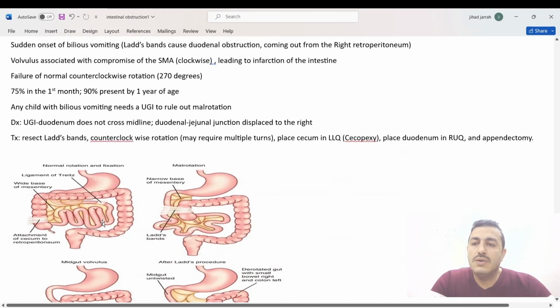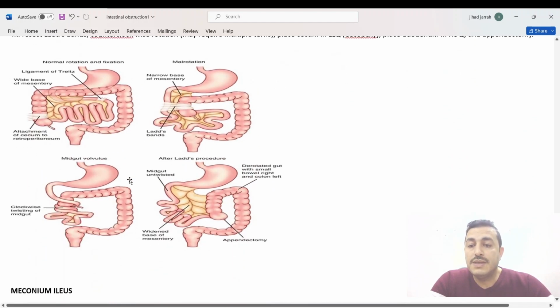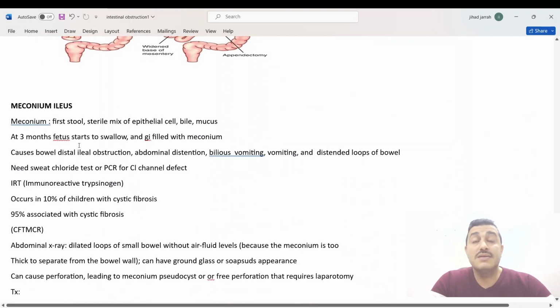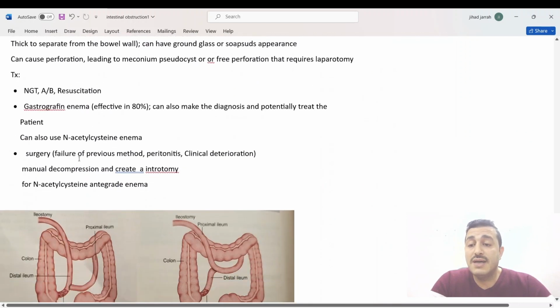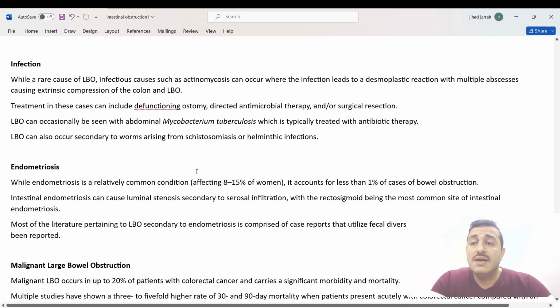Malrotation also is discussed well. We have Ladd's band, and meconium ileus is also one of the causes of intestinal obstruction, and we discussed the surgeries that can be done for meconium ileus. Infection as a cause of intestinal obstruction, we can remember tuberculosis. We repeated it multiple times. Mycobacterium tuberculosis can lead to